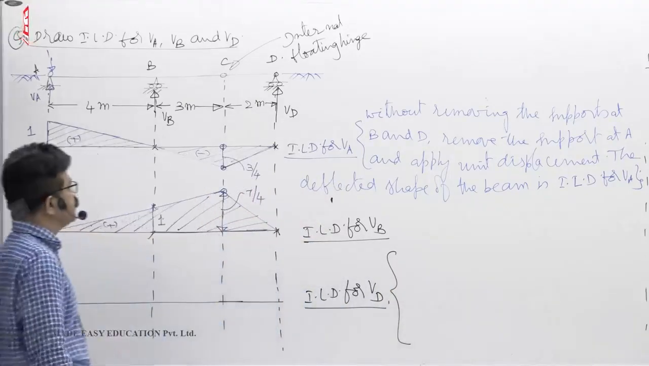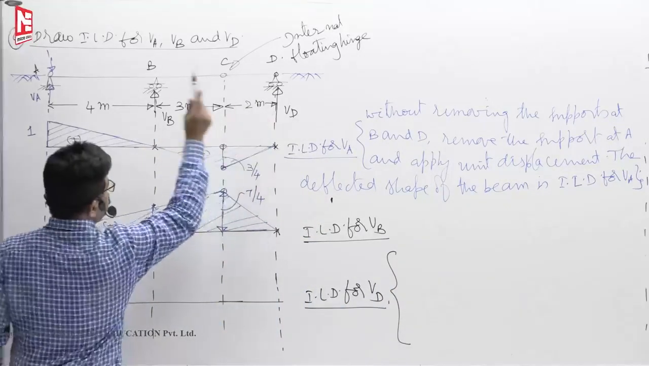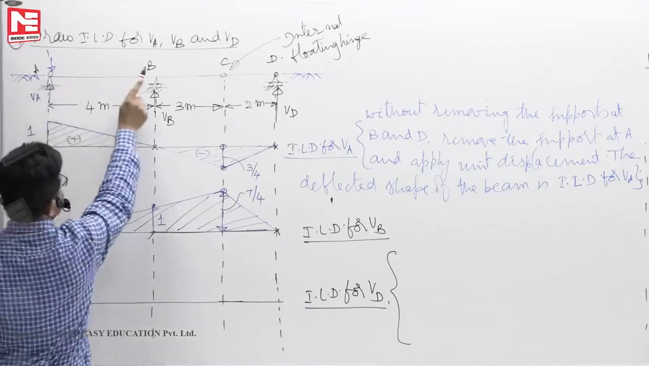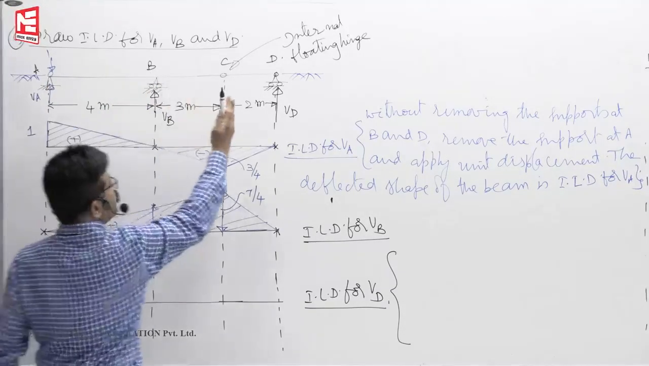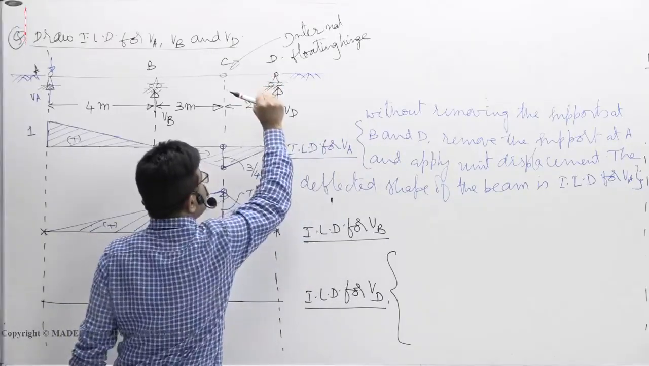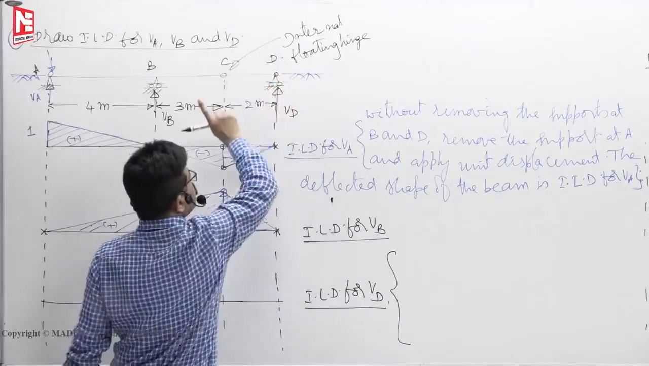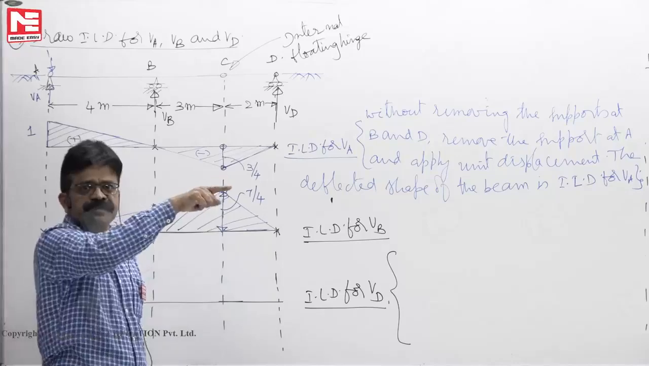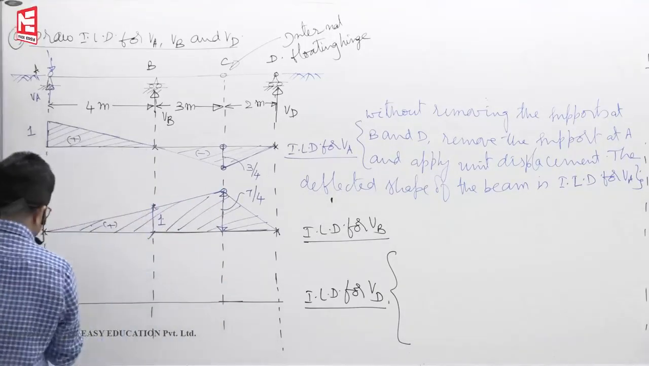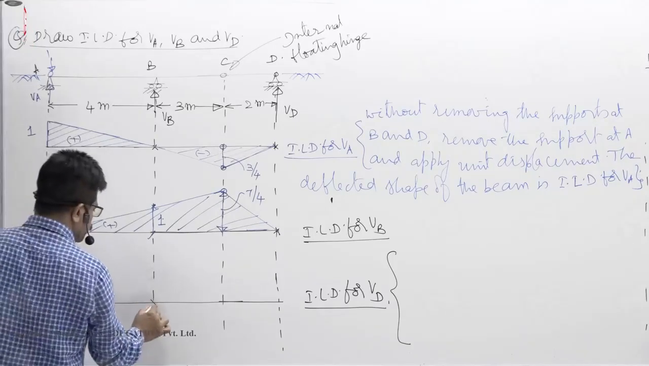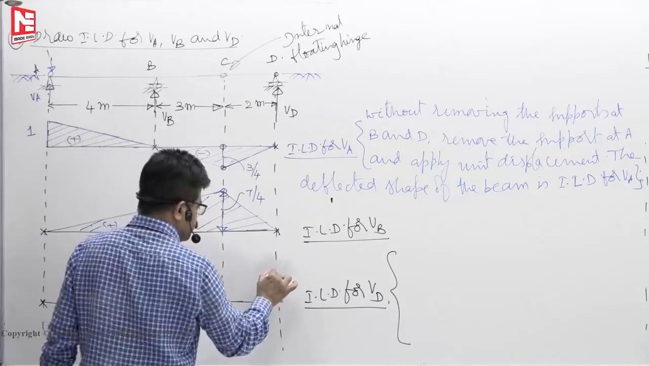What is the process? When you are drawing ILD for VD, you should not remove the support at A and B. Without removing the supports at A and B, remove the support at D, hold it, lift it by 1. Then the deflected shape of the beam itself is the ILD for VD. So don't lift the beam at A, don't lift it here. Here you give unit displacement,